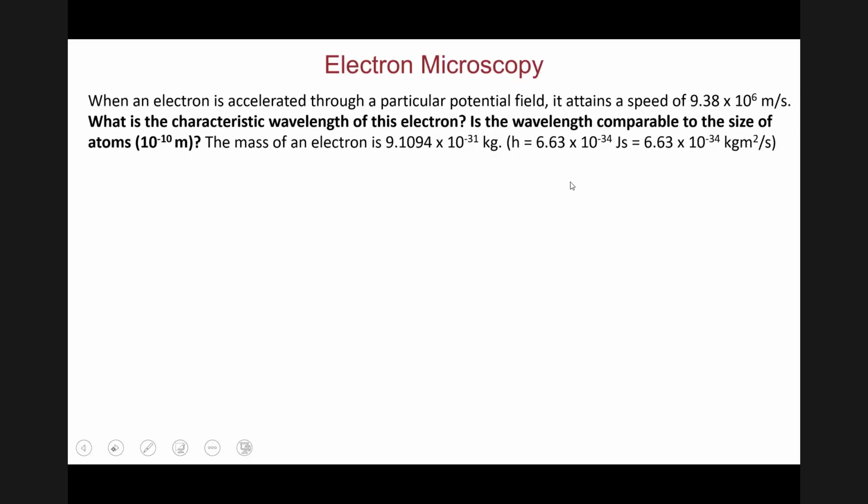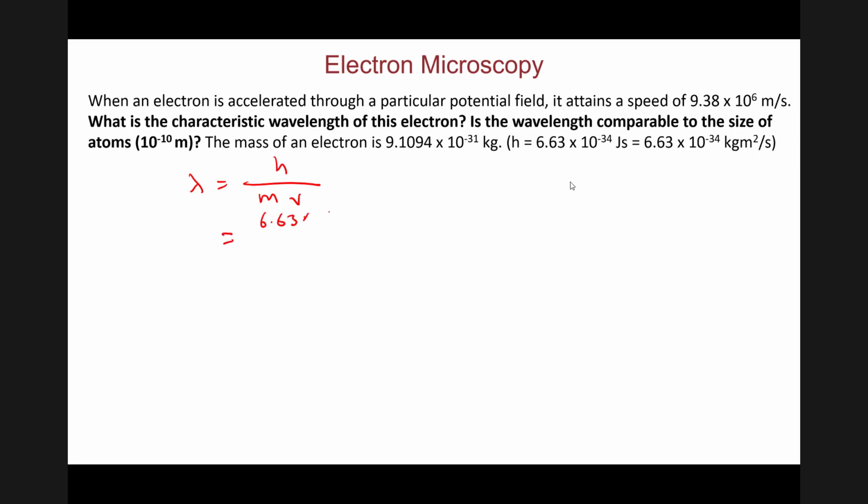So let's repeat this calculation for the electron if it actually moves at a higher speed instead. So instead of 68 meter per second, let's increase the speed to 9.38 times 10 to the power 6 meter per second. And let's see how the characteristic wavelengths of this electron is going to change. As we said, characteristic wavelengths is going to be given by Planck's constant divided by the mass times velocity. So it equals